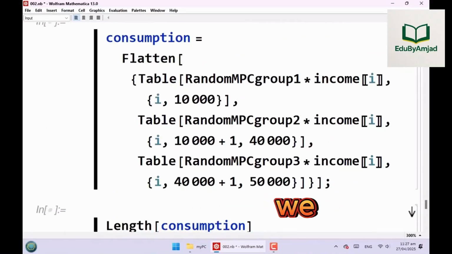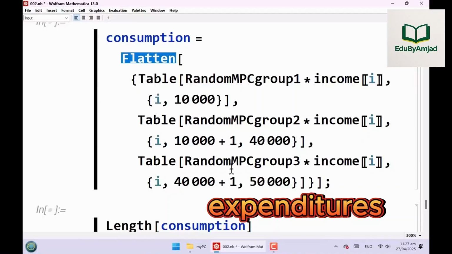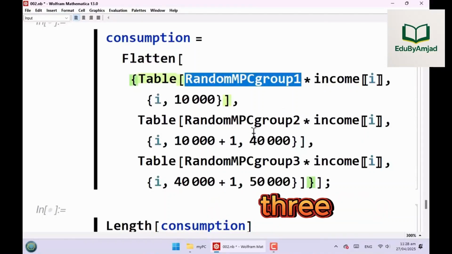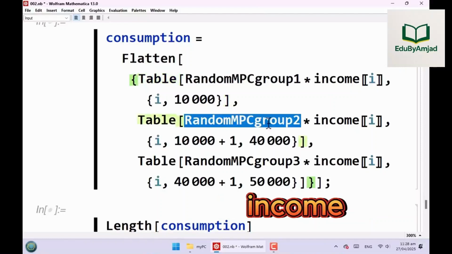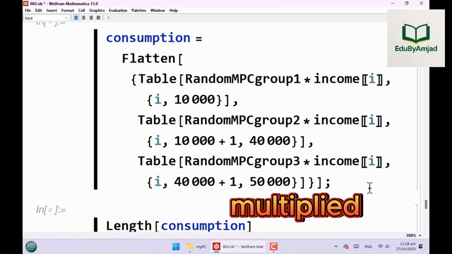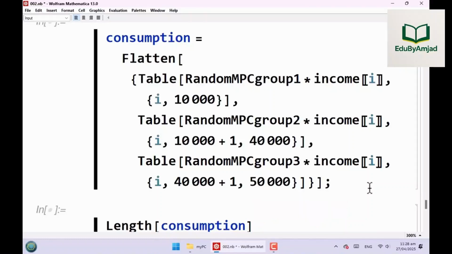Here, we generate consumption expenditures of 50,000 households. Expenditures are generated for three groups of households with different income levels. Income and MPCs are randomly selected and multiplied for three groups. Notice the range variable i.